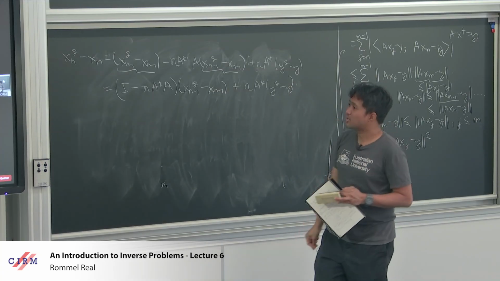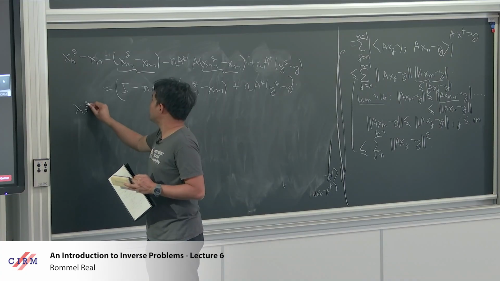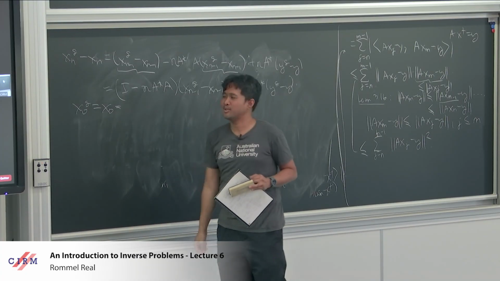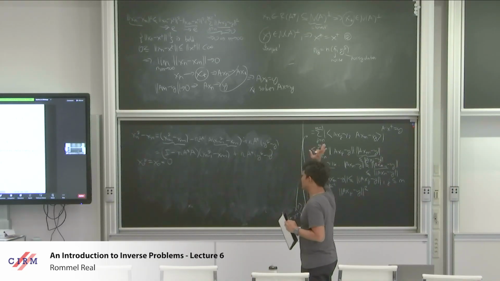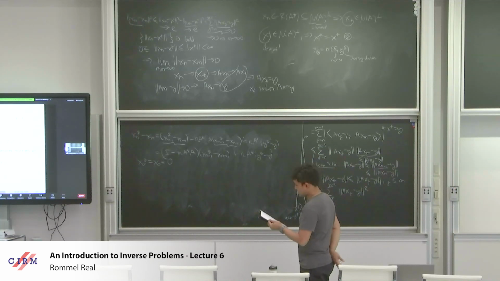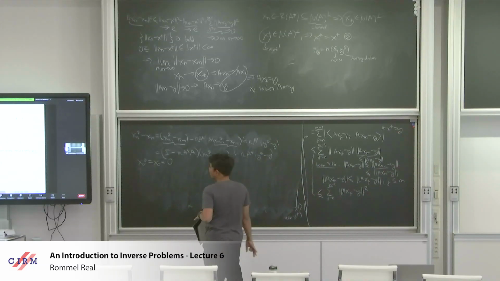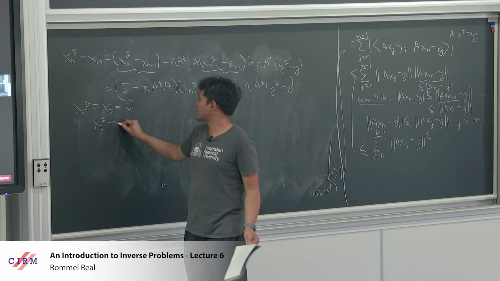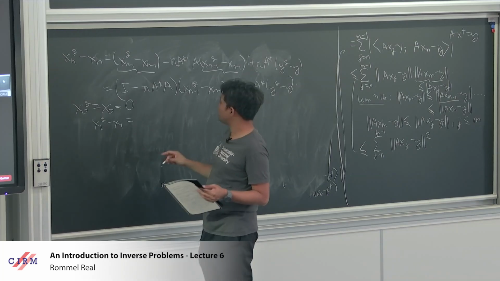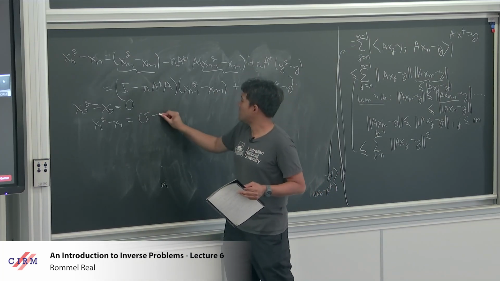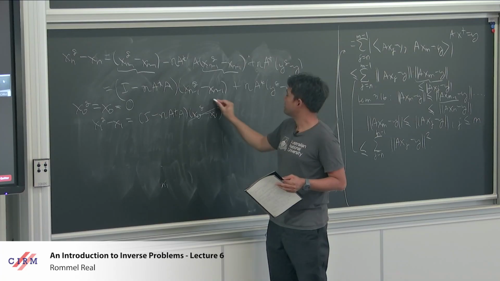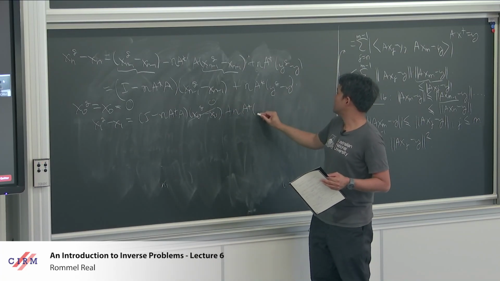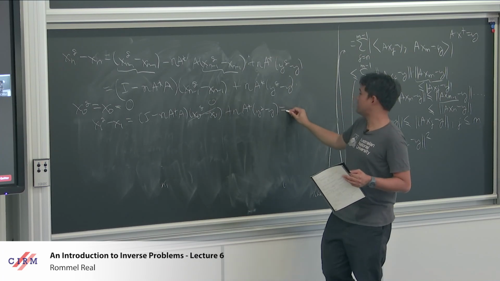Okay, and note, recall that our initial solution for both the exact and the noisy case is just the zero vector. Okay, now let's estimate this one. Also, by an induction argument, we can rewrite this in a very useful form. In fact, if we have x1 delta minus x1, by using this one, this will be equal to I minus eta A star A times x sub 0 delta minus x sub 0, that's 0, plus this one. So you're actually left with